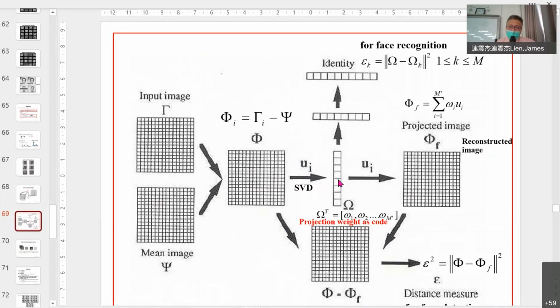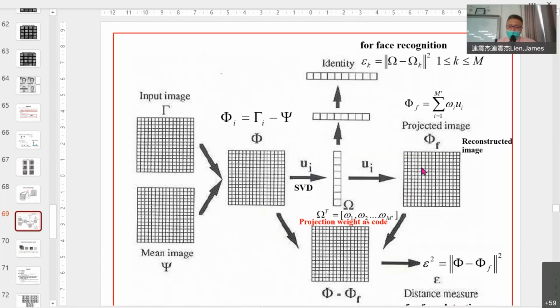It becomes only 7 dimensions, because here is only 7. That's called the projection weight, and you can do face recognition based on the projection weight. 每个人都投影到这里，就变成七个维度的 projection weight，就可以做 recognition，做 discrimination。